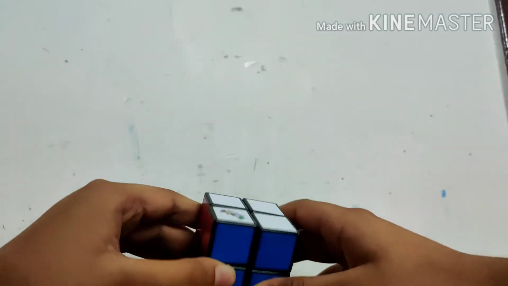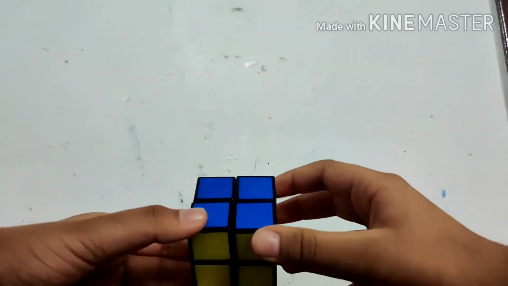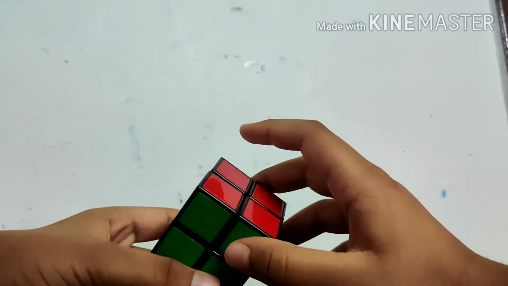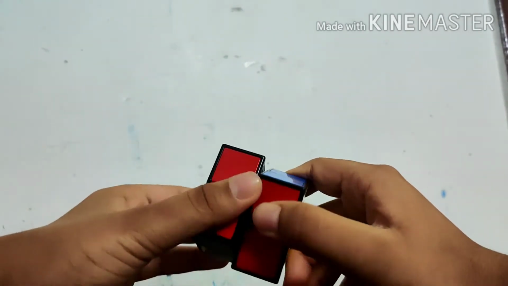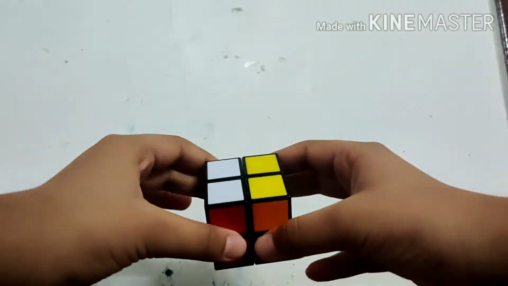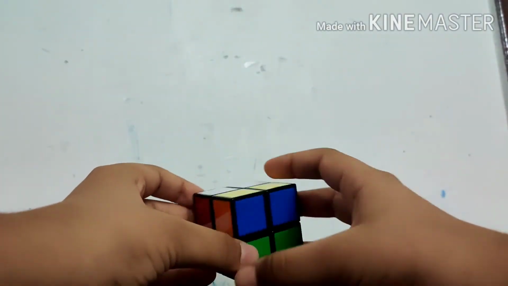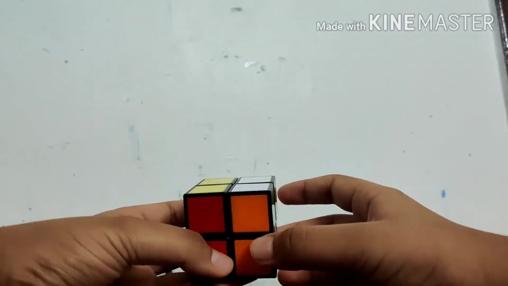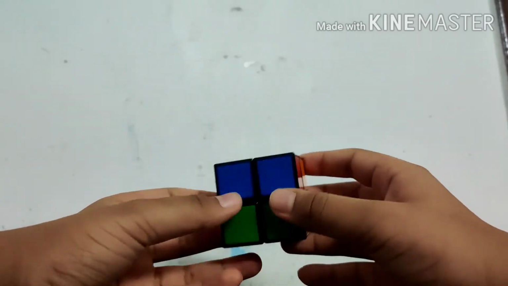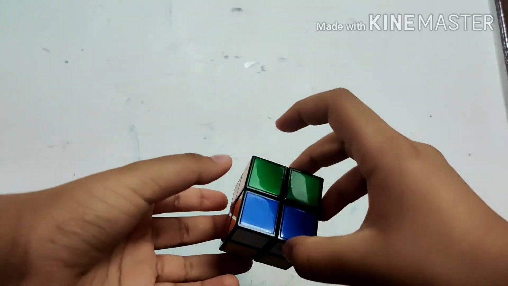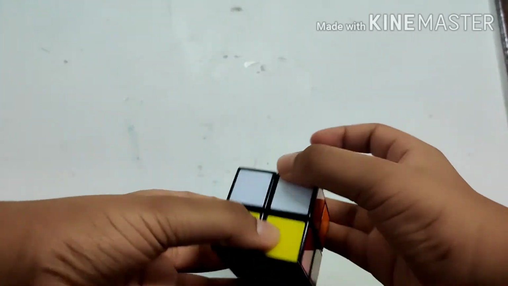So this was the snake pattern, and it looks like this on a 2x2 cube. It looks very simple, and yeah, the pattern looks good. So now let's get to the last pattern, which is very simple with just two formulas. So just wait and watch the formula. This is the simplest pattern of all which I wanted to discuss with you. It looks very simple. As you can see, it looks like this, and the formula is just very simple. It just consists of two of them. Now let's get on with the pattern.